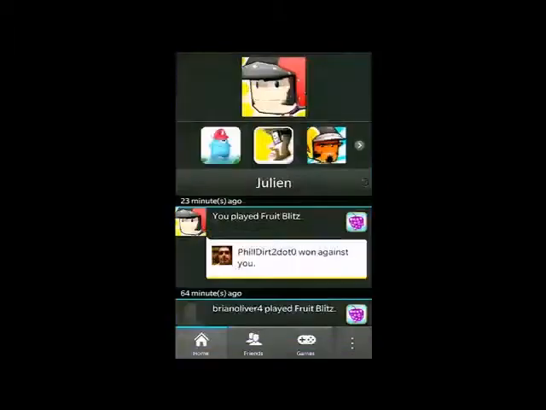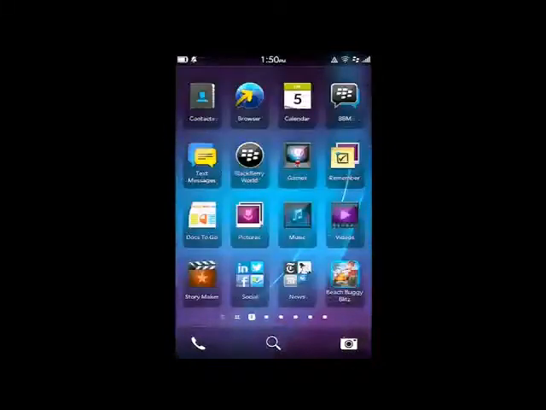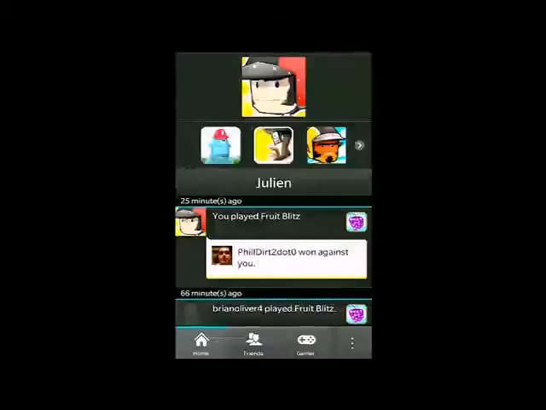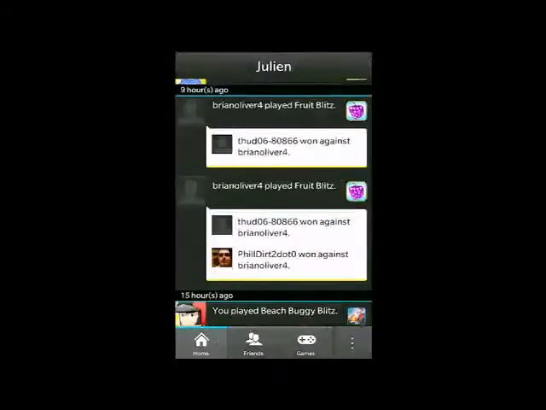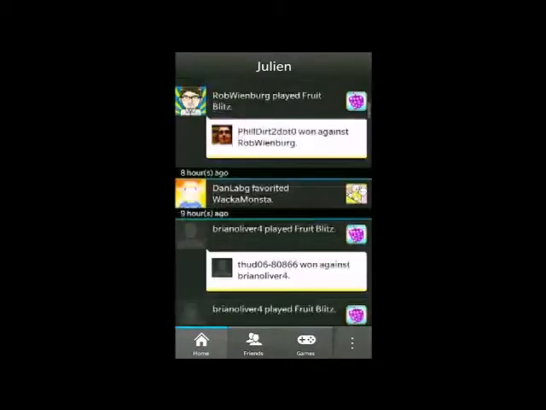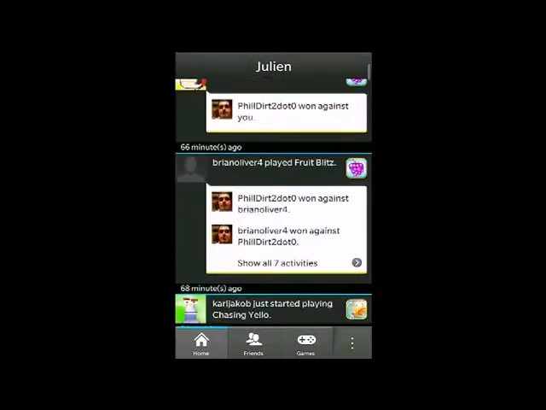The way Scoreloop works is it hooks up to the Games app, which is preloaded on every BB10 handset. When you sign up for it, that's my profile picture. What you see here is a very dynamic newsfeed, and that newsfeed is fed by activities from Scoreloop-enabled games. So that's achievements. Whenever you unlock an achievement, that gets into that feed. Whenever you win a challenge, whenever you get a new score that gets you high up on the leaderboards, that posts a news item here in that feed.